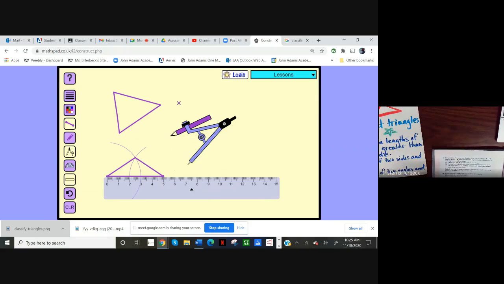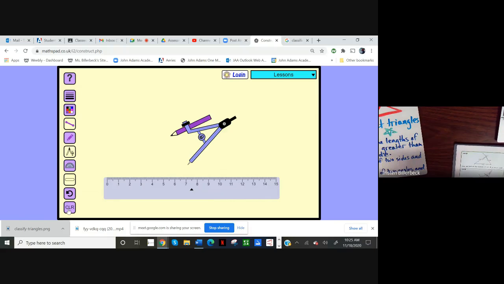so let's do another example on making a triangle, but this time we'll use an angle. Okay, so we have: construct a triangle using 5 centimeters and 5 centimeters and 40 degrees. Okay, so let's do it. So we're going to set this up